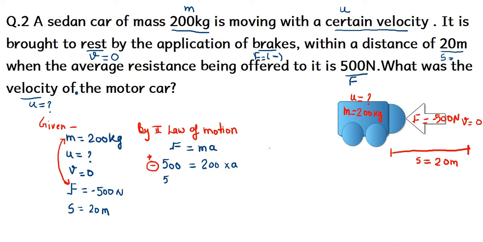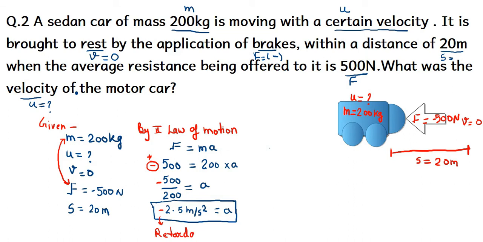I am placing it with red color to highlight this negative sign. Solving acceleration, clearly we can find the value as 2.5. Unit of acceleration is meter per second square. As I place this negative sign in front of acceleration, that means it is negative acceleration, and negative acceleration is known as retardation. This also shows that object is decreasing its speed by applying brake.